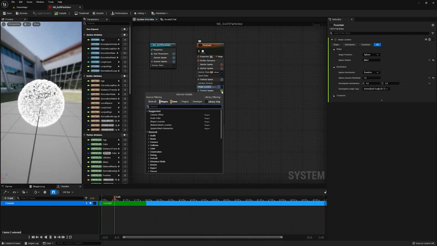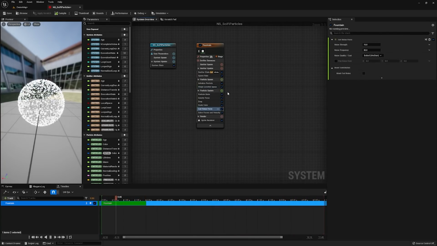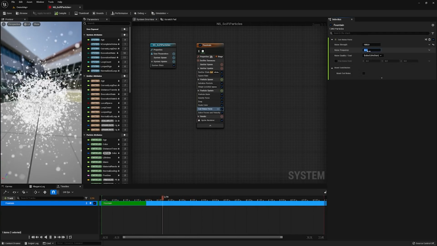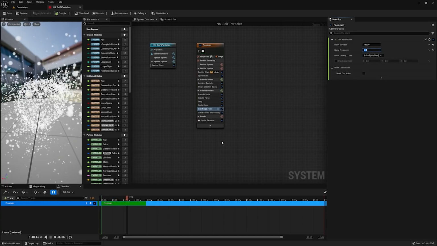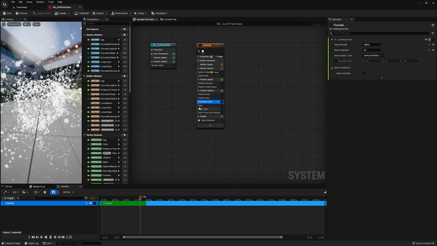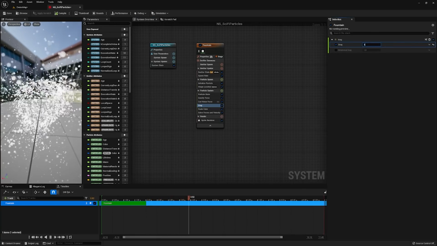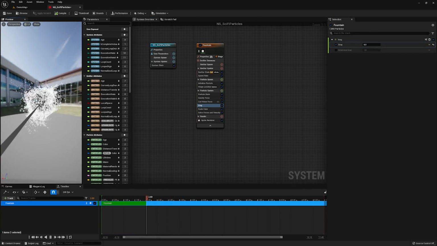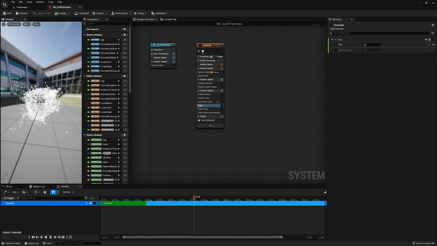In my particle update, I'm going to add a curl noise. Curl noise is great because it's kind of like random noise. And if I set a value to 1500 and the frequency to 5, we get something that's a little bit more sci-fi. However, I actually want to process this before we add drag, because by setting the drag values to 6, it's now slowing down after it adds that force, which gets us this way more sci-fi kind of look.